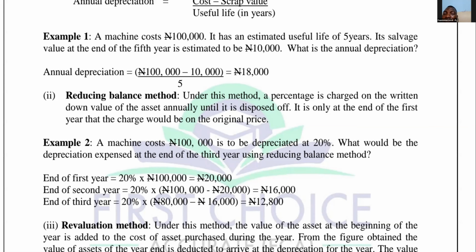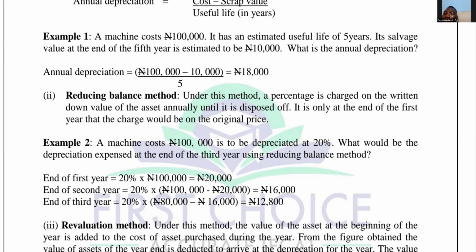After that, we now go to the 3rd year. The 3rd year is 20% on the carrying amount for the year as well. So what is the opening carrying amount? As at year 2, the carrying amount is 80,000. Then what was the depreciation for year 2? The depreciation for year 2 was 16,000. So 80,000, which is my carrying amount now, minus